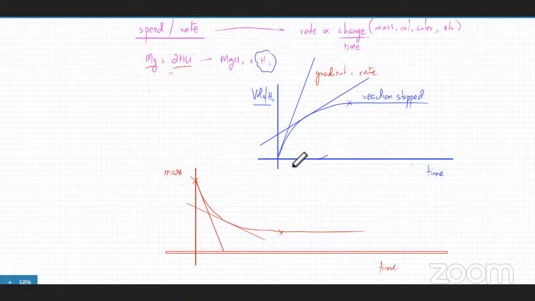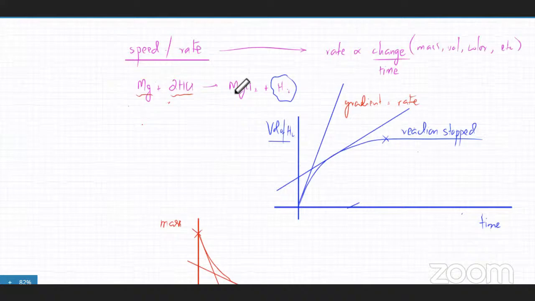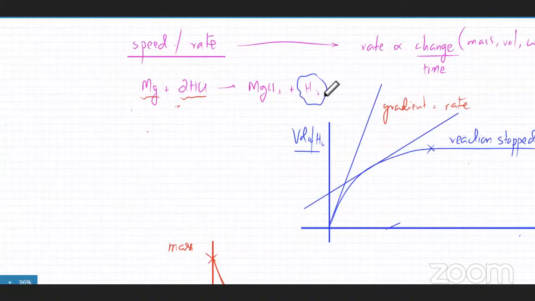So that's about rate of reaction. So remember, it could be anything, any change. इसी reaction के अंदर you can also measure H2 gas बन रही है ना, तो you can count the bubbles. Start में bubbles ज़्यादा बन रहे होंगे, बाद में bubbles कम होंगे. So you can measure the amount of bubbles being formed, or you can measure